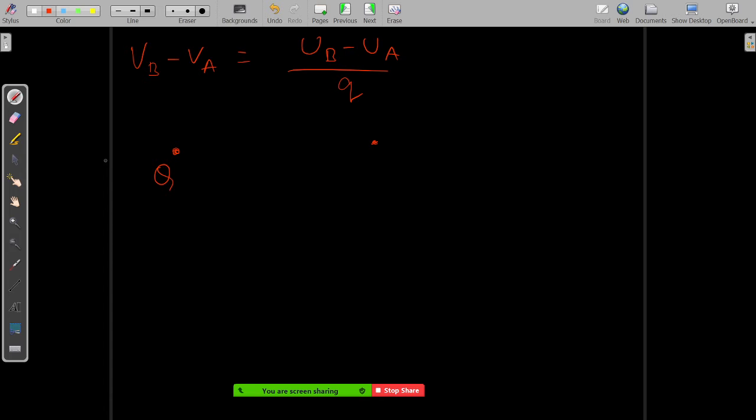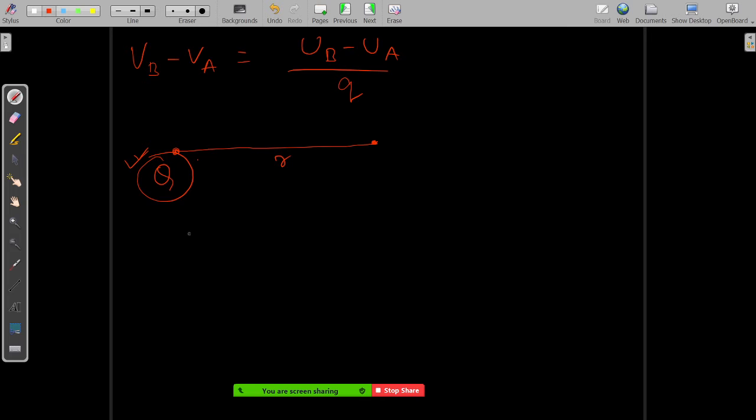But what is the electric field of a charge? It doesn't depend on any other charges, right? The electric field by one charge at a point can be found, and that should be related to only that charge. Similarly, what is the potential of one charge? What is the potential of this charge Q? It should depend only on this charge. So I want to find the potential of this particular charge Q at a distance r.